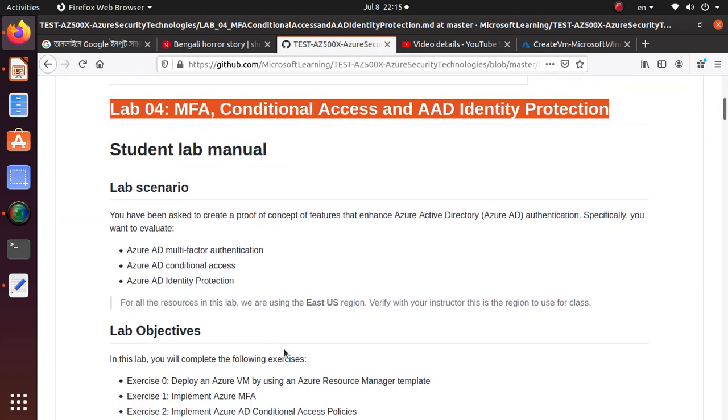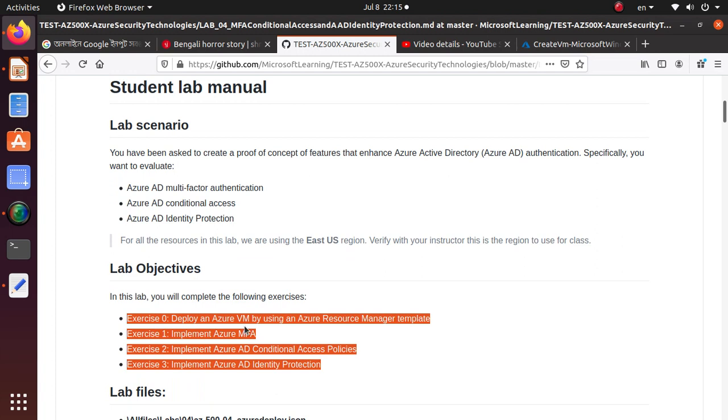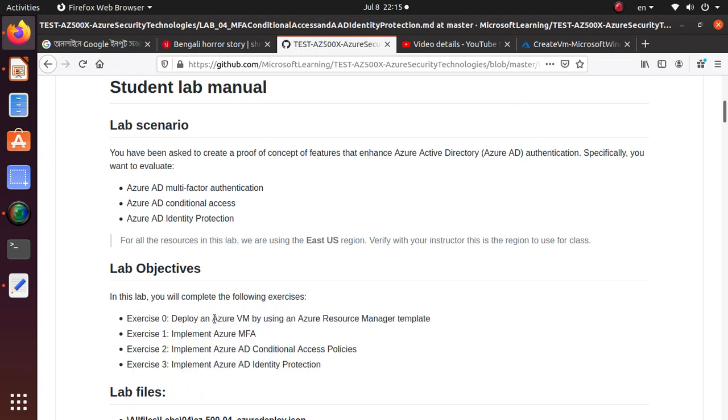Just like any other labs, we have three major objectives in here, or maybe four. So we're going to deploy Azure virtual machines by using the Resource Manager template. Once we do that, we're going to implement Azure multi-factor authentication. We're going to implement Azure Active Directory conditional access policies, and finally we're going to implement the Azure Active Directory